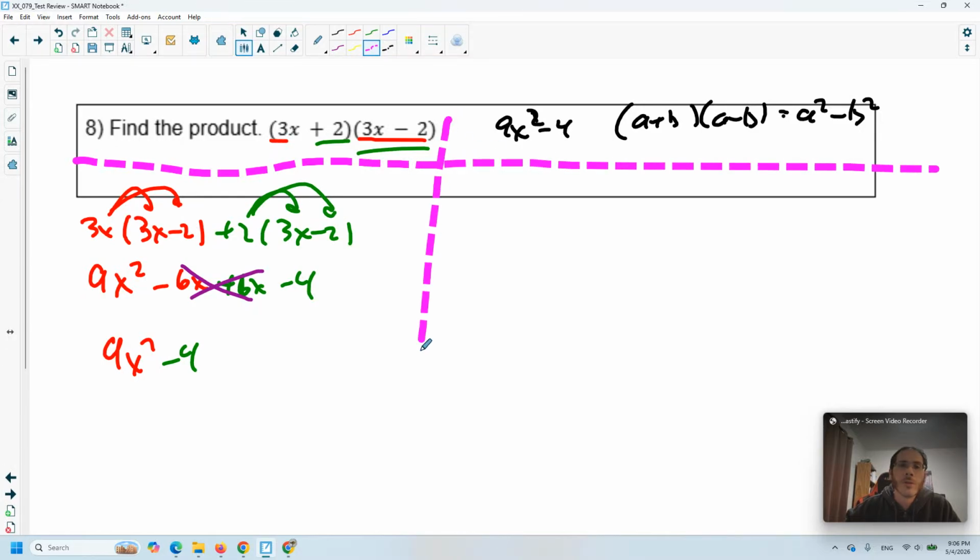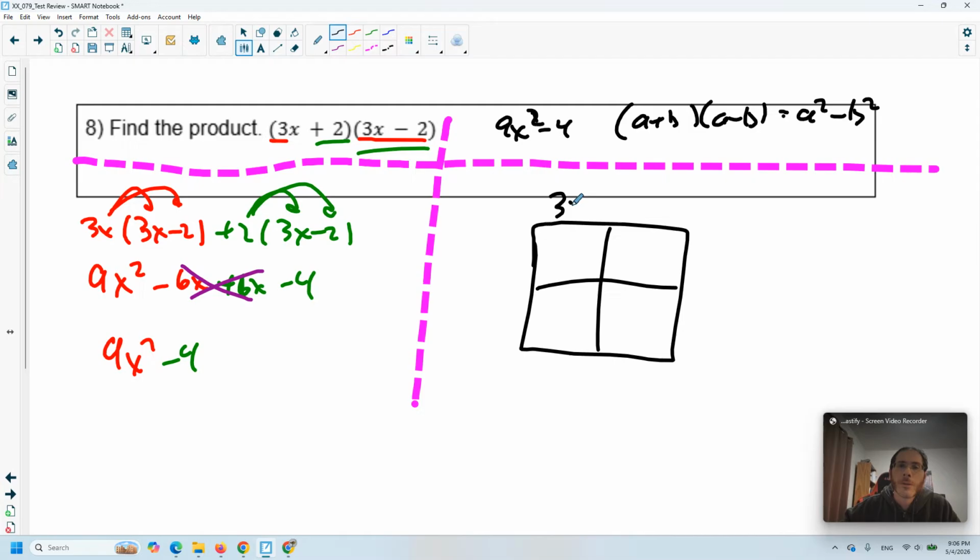If you want, you're more than welcome to, again, do it with the boxes. 3x plus 2, 3x minus 2. I'll keep my colors consistent again. So get 9x squared. 3x times 2 is 6x. Negative 2 times 3x is negative 6x. And then negative 2 times 2 is 4. Again, here we can see that these are going to cancel out. So we get 9x squared